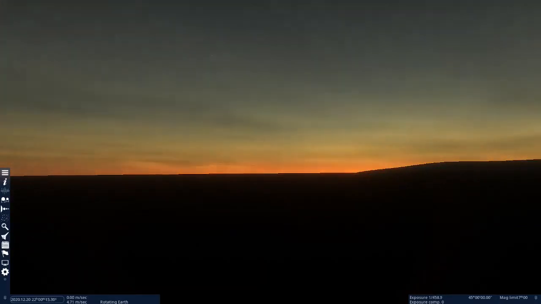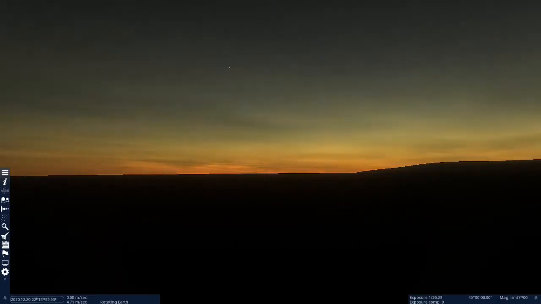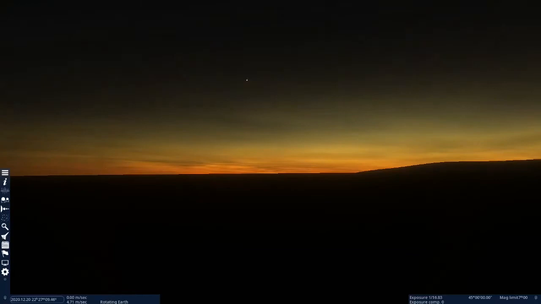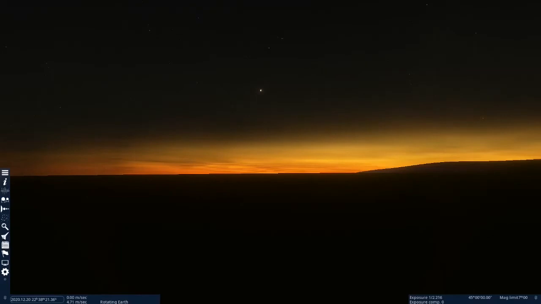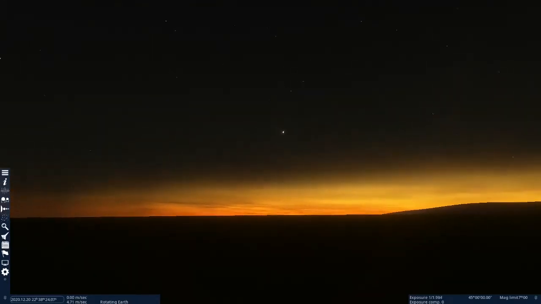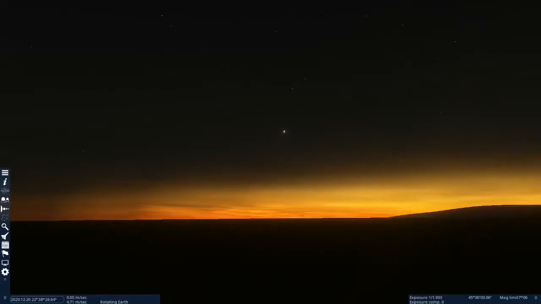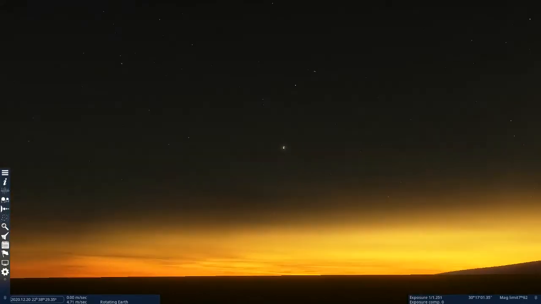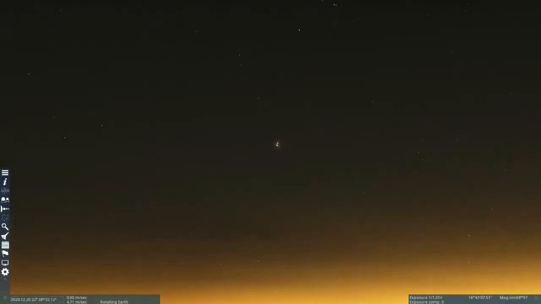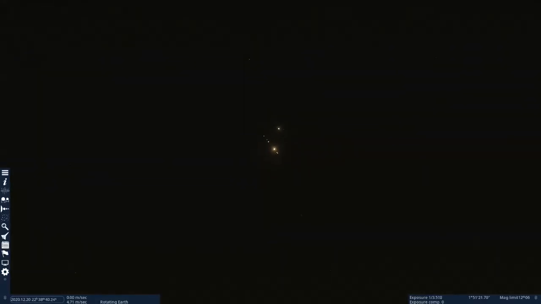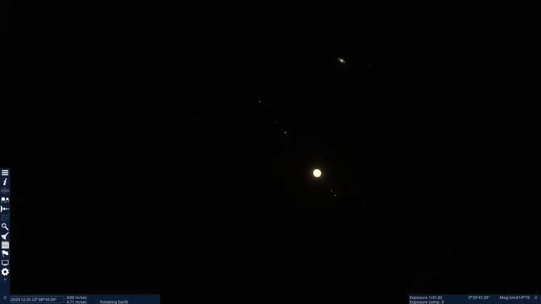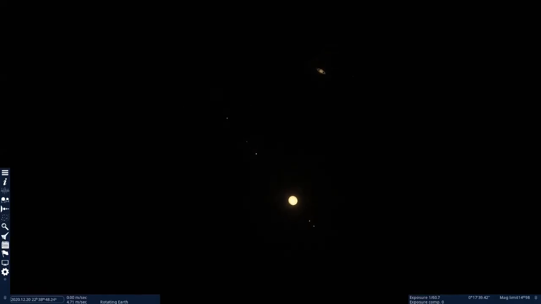I want to let it get a little bit darker here, and there the first wonder of the celestial night pops out, and I'm going to pause it again, and I actually want to zoom in and show that to you from the ground here. This is actually a real thing that's happening, and I'm going to zoom in with my telescope mode here. And it's not one planet, it's actually two. And this is really going to be happening on December 20th. Jupiter and Saturn are coming together in what is known as a great conjunction.